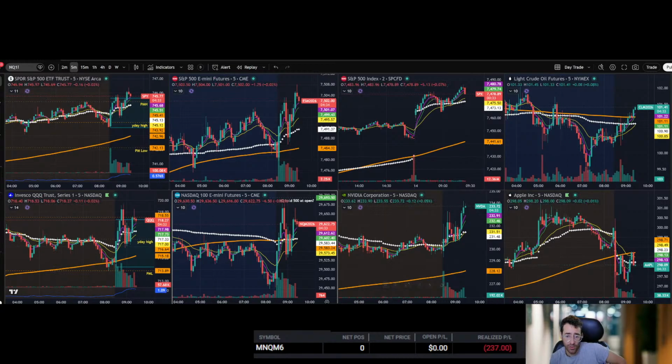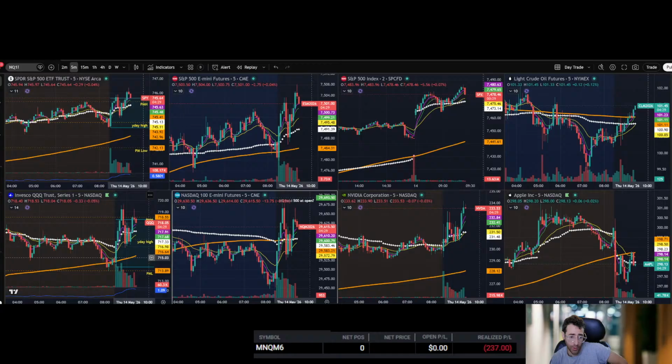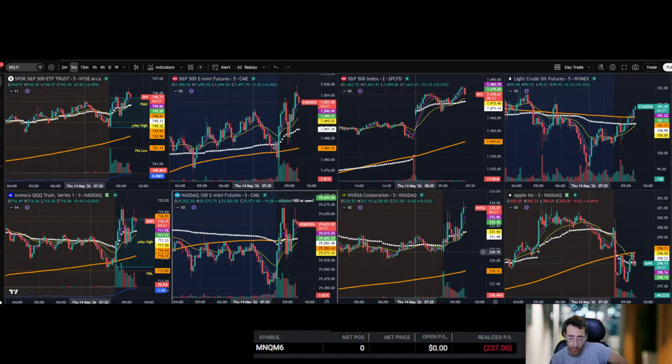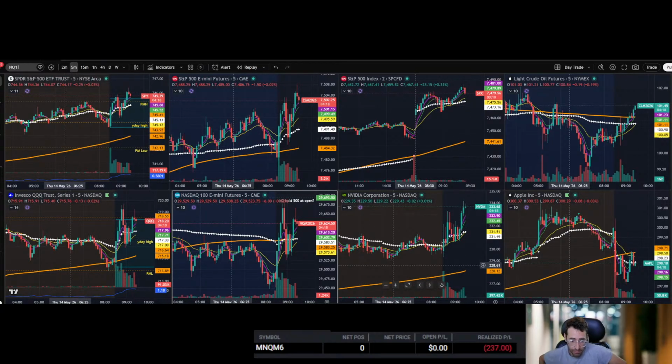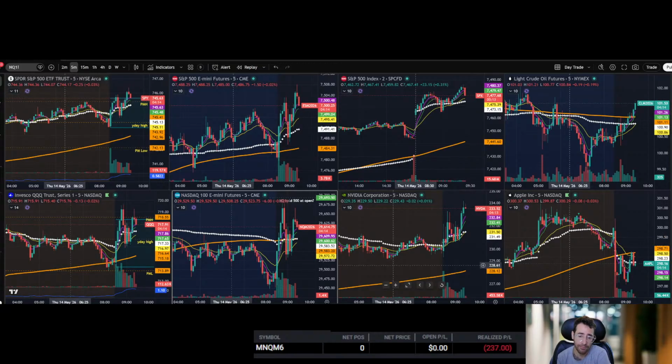The reason why I would choose that is because we have this wick right here. That's a pretty strong bearish wick. And we've been going to the bottom, going to the top, going to the bottom, going to the top. So now it's like, okay, we're at the top, we're probably going to go to the bottom. Maybe not, and that's why I'm not trading this. But more than likely. It's just not good enough, it's not worth it.